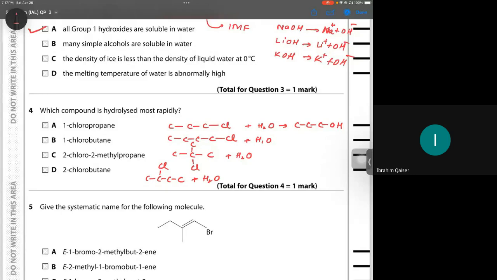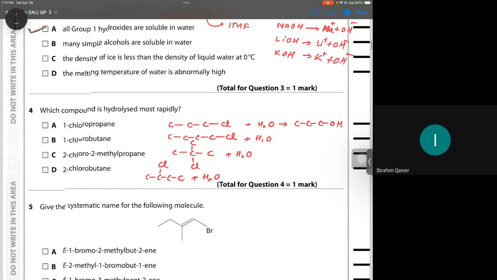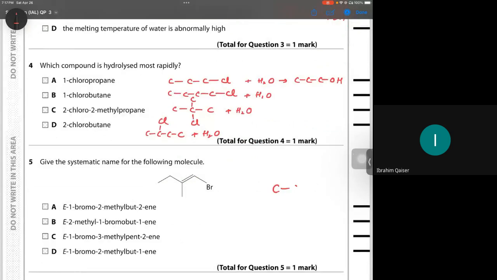And I told you that the tertiary carbocation is the more stable one, because if you can see this one, it's positive charge,